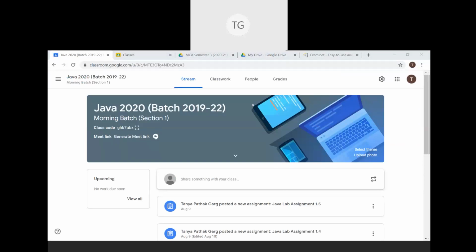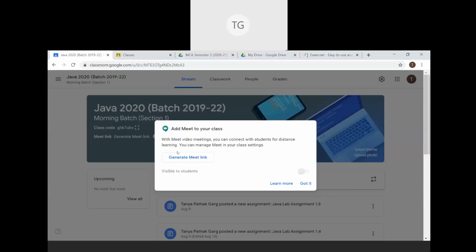One of which is, see here, generate meeting link. This was not there in your personal email IDs. This is a new addition with the G Suite for Education that Google Classroom is now incorporating synchronous learning also. So when you say generate meeting link, it will say, okay, you want to generate a meeting link. So generate a common meeting link for all times to come. So all students who are a part of this class, right, they can access this meeting link. I have created it for my another class.